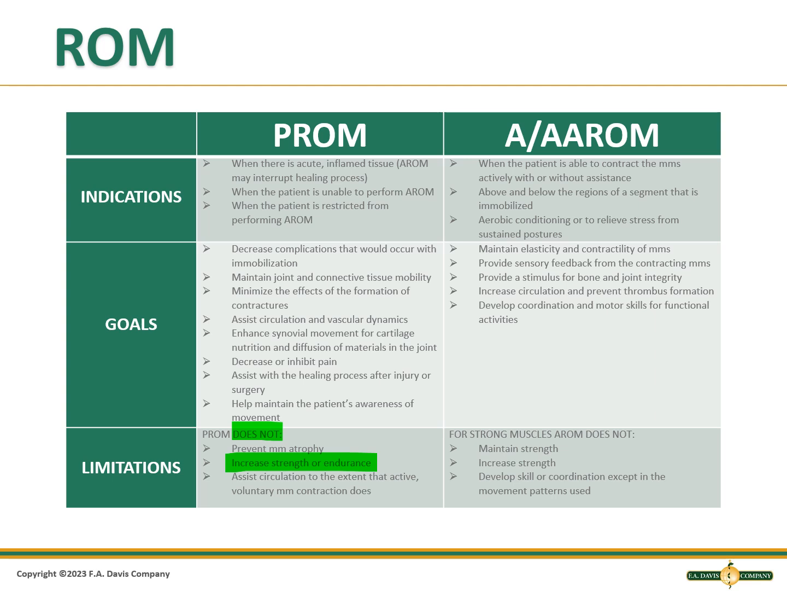Active range of motion will only allow us to maintain so much strength, and we can't increase strength without overloading the muscles more than active range of motion allows us to do, especially if we're utilizing active assistive range of motion. We also can't develop the skill or coordination except in the movement patterns that are used, so we're only strengthening the muscle and improving the coordination within the exact plane of movement that we're performing that range of motion. And so that's why we have to be sure to incorporate functional movements as we progress patients through their rehabilitation